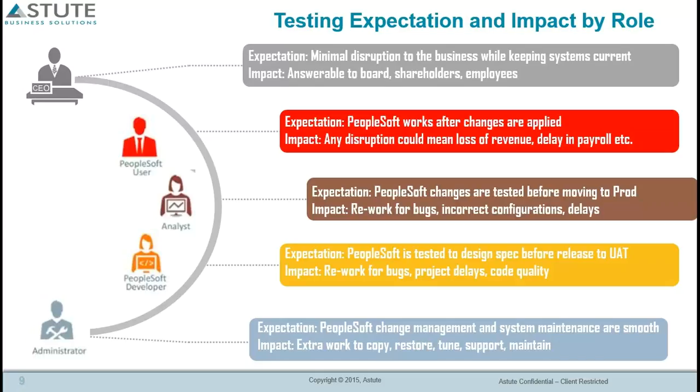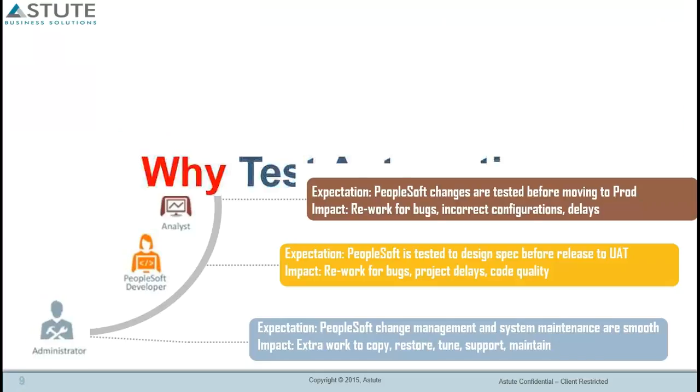And then the administrator of your PeopleSoft systems, whether it's an individual or a group of individuals or a shared services team, at the end of the day, they want a system that is streamlined in terms of maintenance and management. And they want to be able to make sure that information is carried forward from one environment to the other, but it is tested so that there's less downtime. That's what they're responsible for: system availability and downtime. So they want a solution that is always tested and of high quality. So that's the impact.